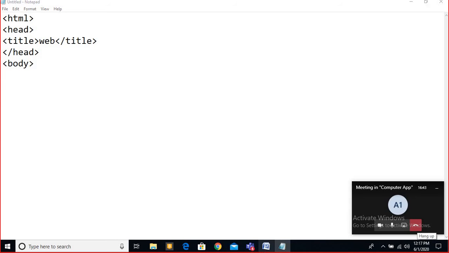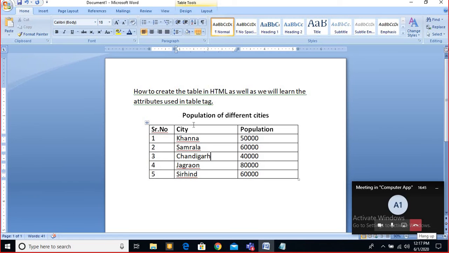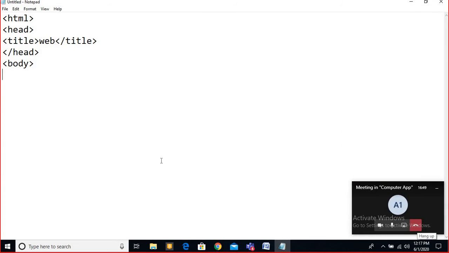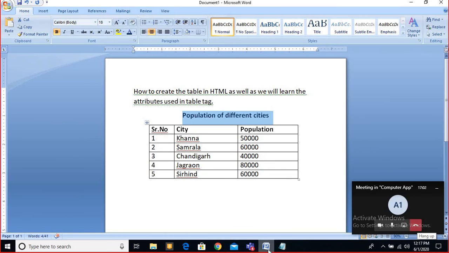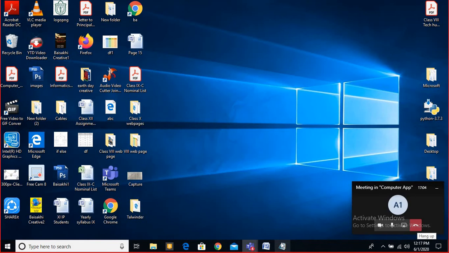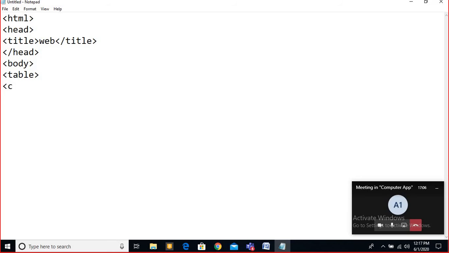So you see, in your data we have a table, but before that the table caption is also there. So one thing I want to tell you: first of all, whenever you want to create a table, you have to start the table tag. Okay, then for this caption you will use the caption tag here. Which tag? Caption.